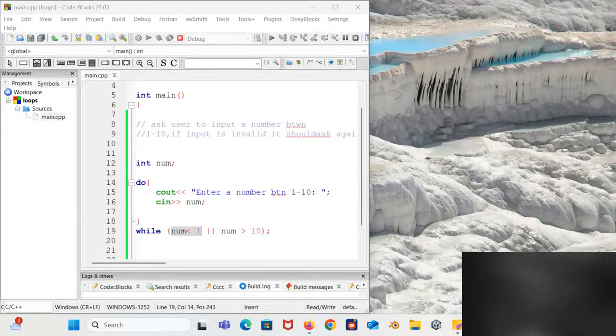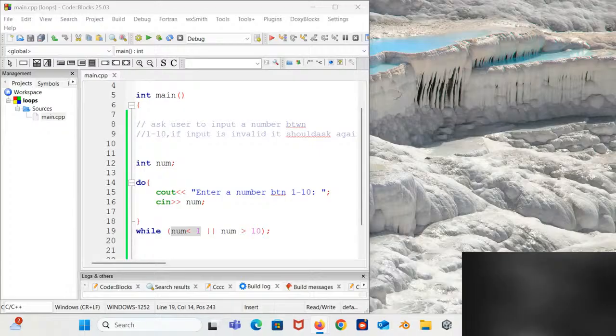Okay. Now let's have our last example. Our last example is going to be a C++ program that is going to calculate the sum of numbers from 1 to 10. Let me just do 1 to 5. It's going to sum up numbers 1, 2, 3, 4, so 1 plus 2 plus 3 plus 4 plus 5 is going to do that for us.